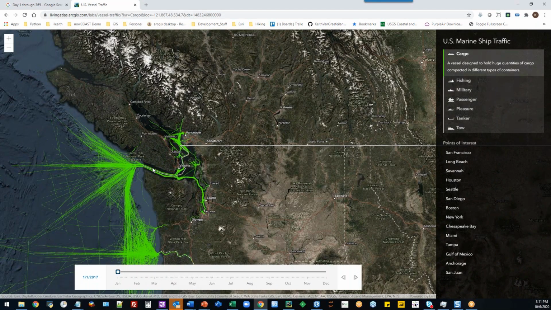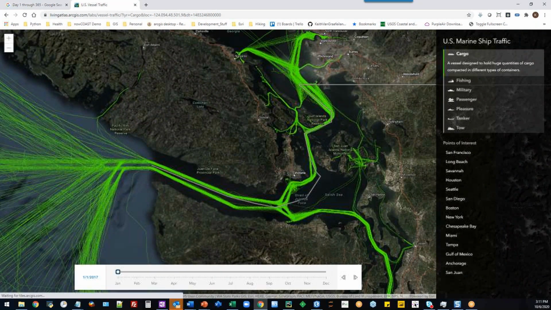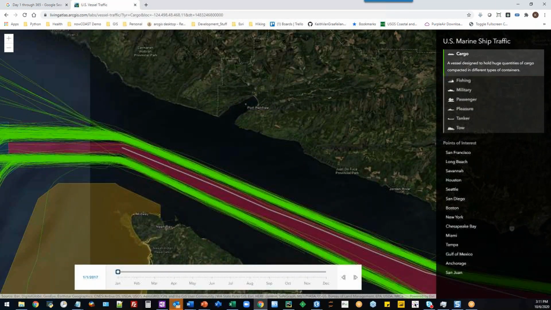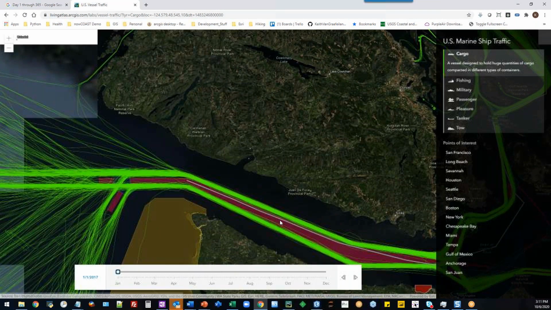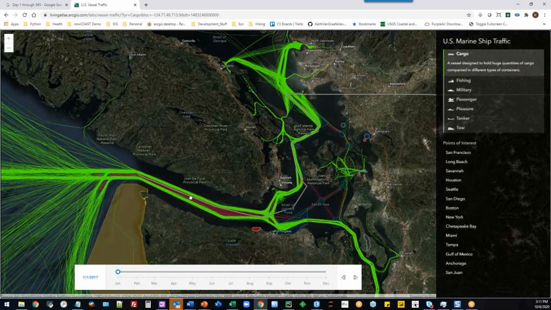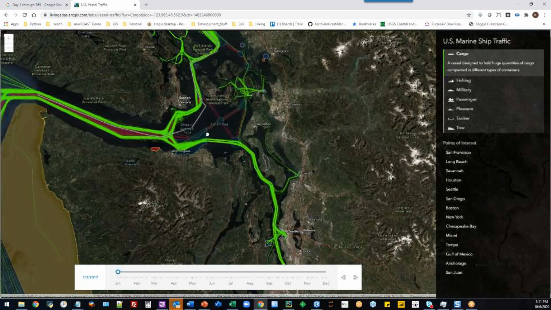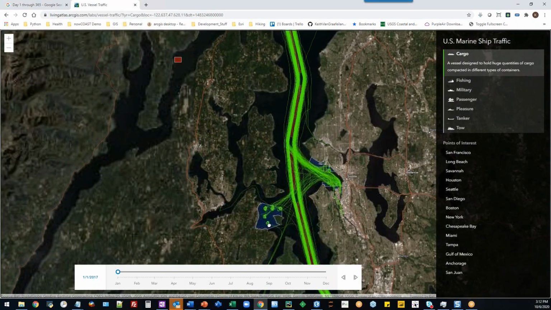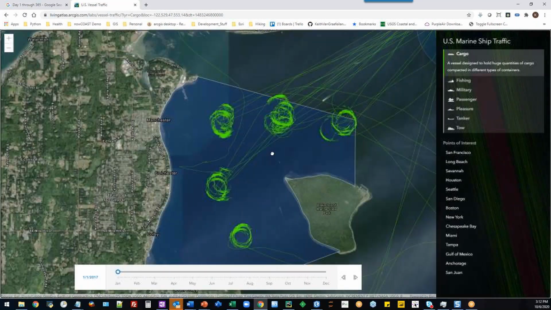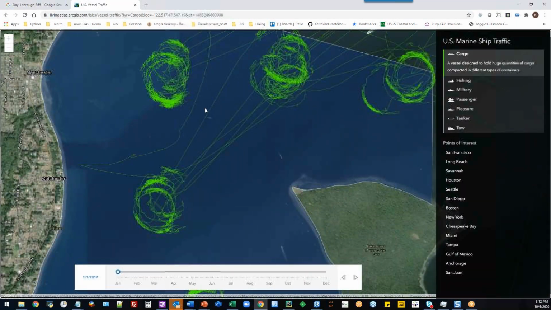So this information is really useful because you can really understand exactly where these patterns are occurring. And here we're looking at the traffic separation scheme between the US and Canada going through the Strait of Juan de Fuca, and where those different cargo vessels go to unload. And then here you can even see the granular locations where they've docked and they've anchored,